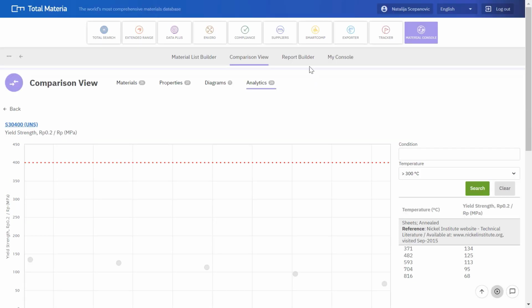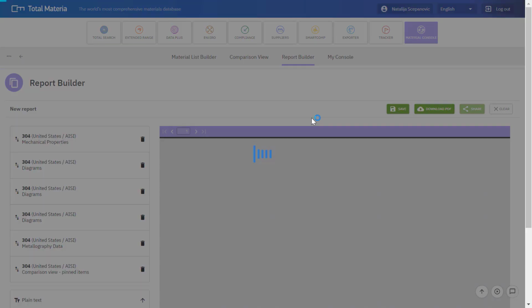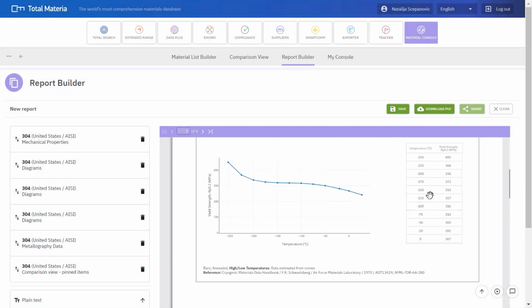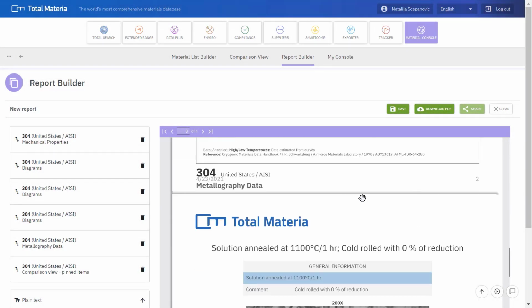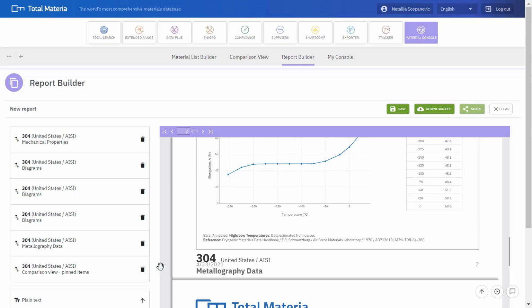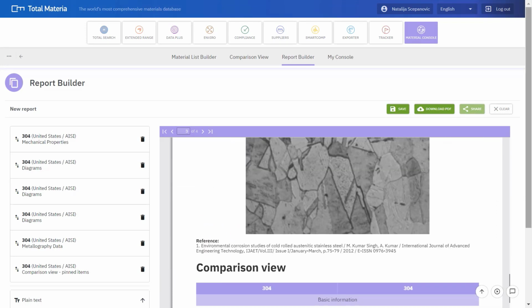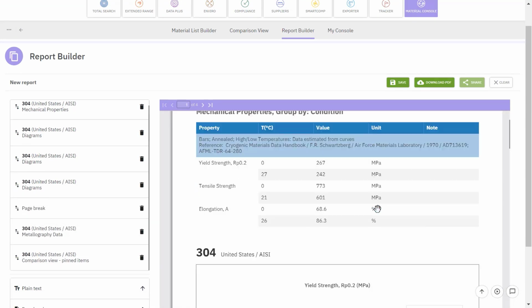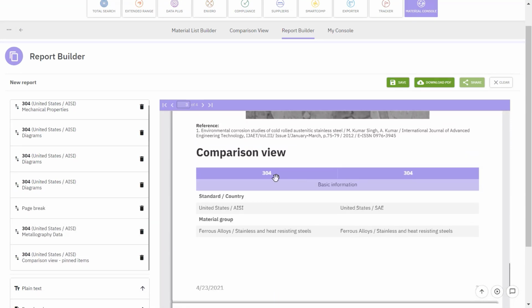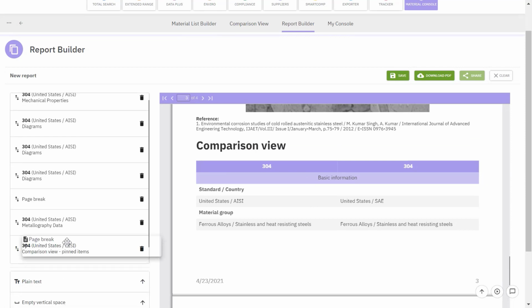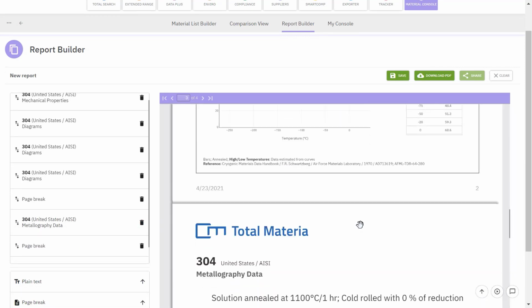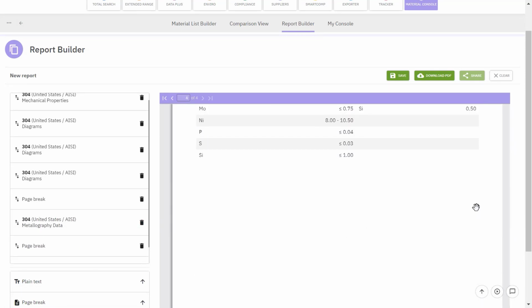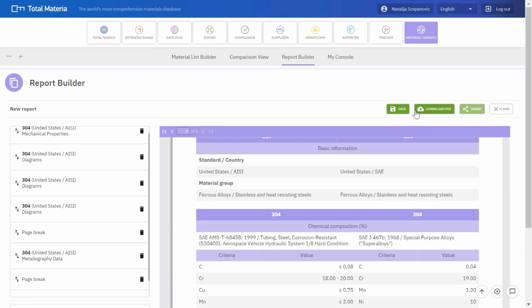Now I want to finish saving and share my report on 3 or 4 AISI. So I quickly go to Report Builder. I built my report. As you see, this was cut off at the bottom. I can just quickly scroll down, add in a page break, and now my report will be nicely done, as well as add in a page break between comparison and have a good looking report. Now I don't have to take screenshots anymore. I can just quickly save my report,